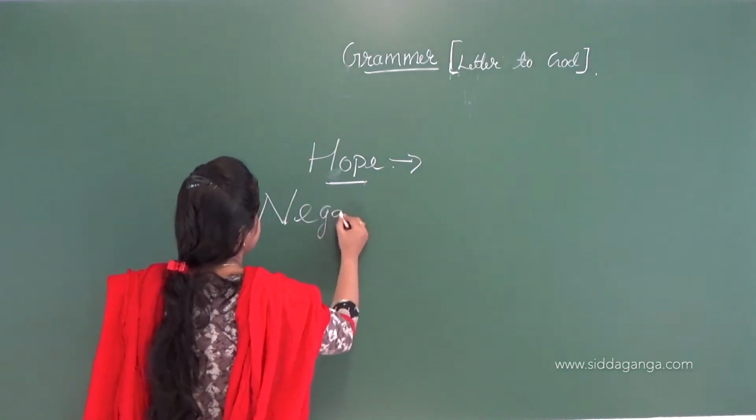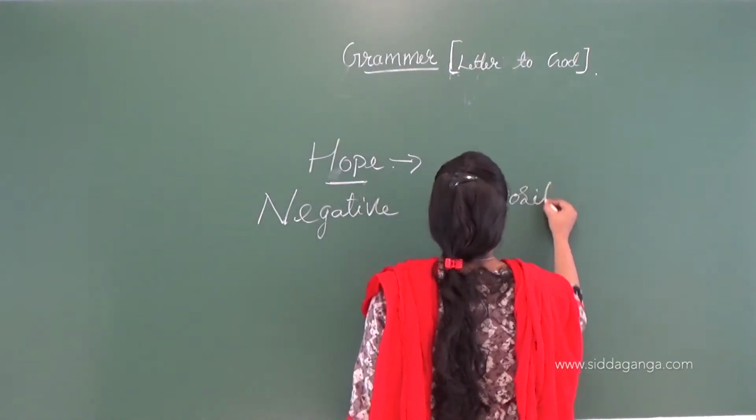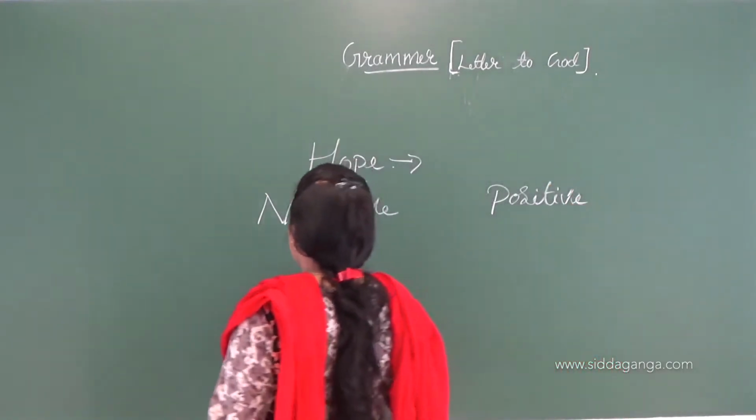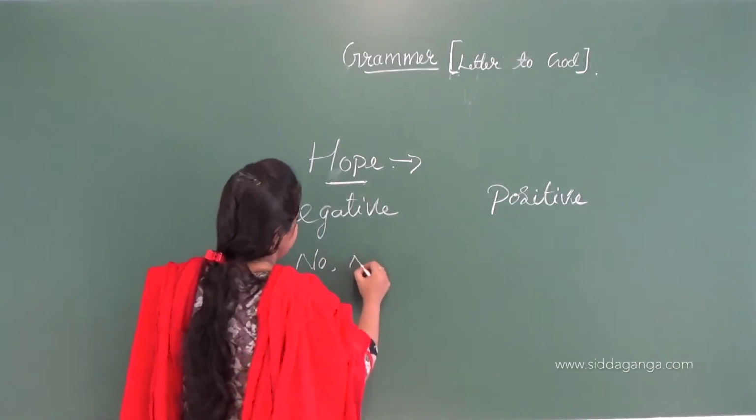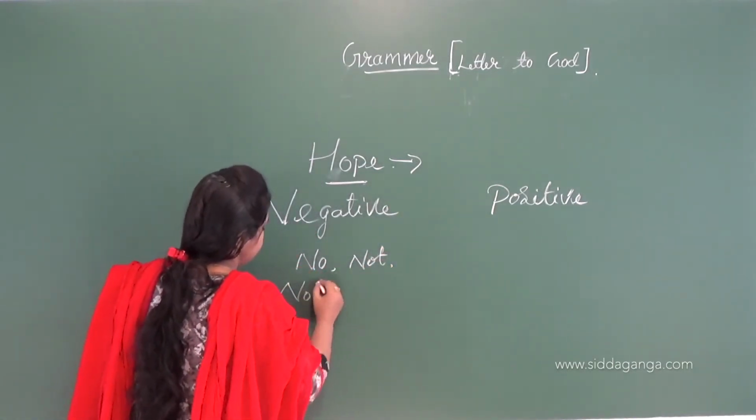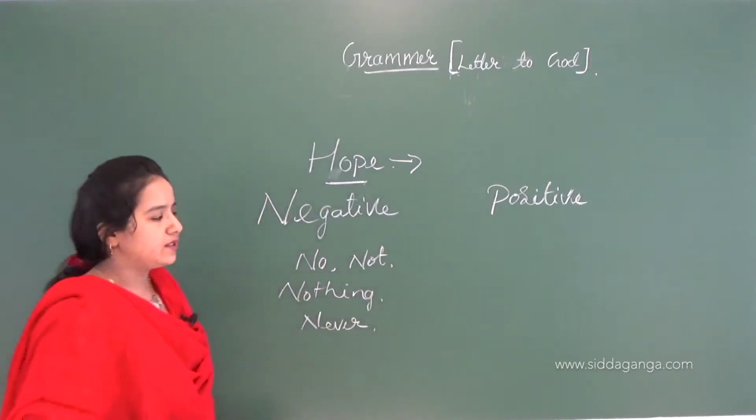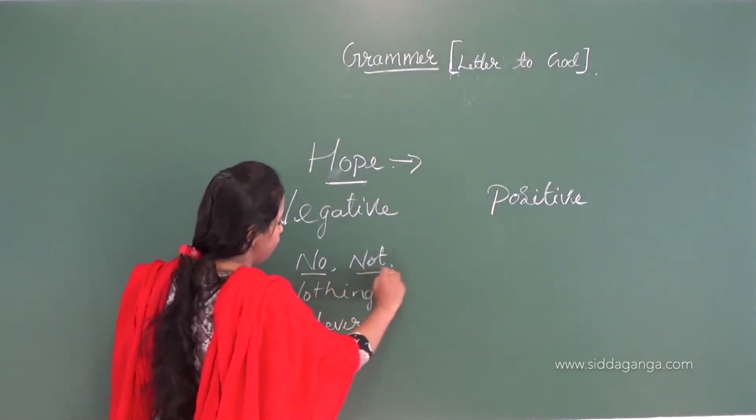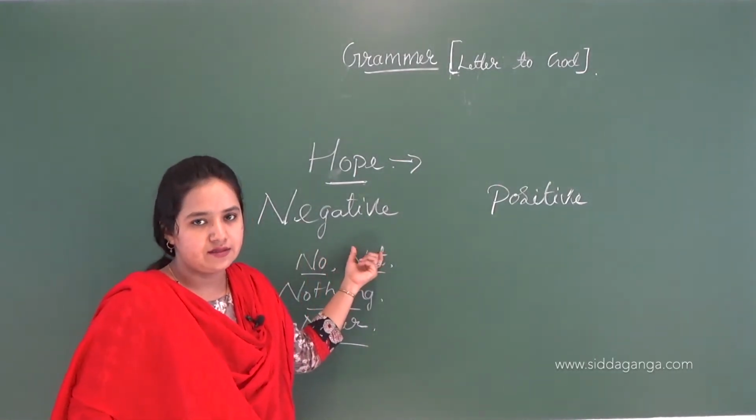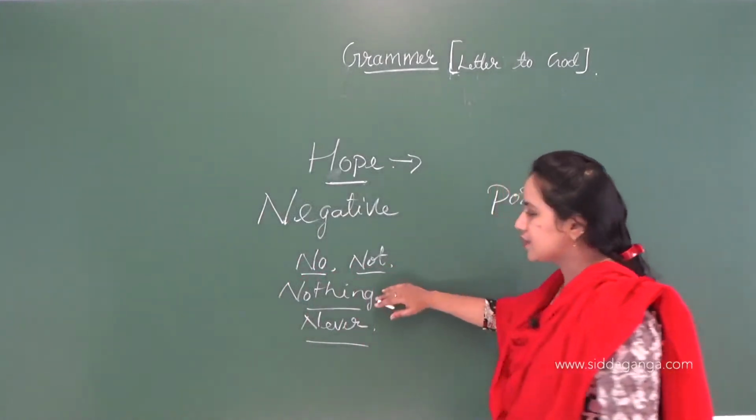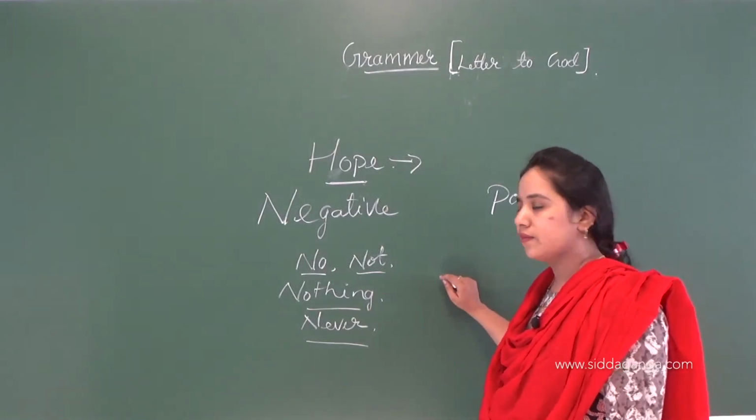What are negative words and what are positive words? Negative words are the words used for no, not, nothing, never. So when we use these words like no, not, nothing, never in a sentence, that sentence shows that it is a negative sentence. And in positive, if we are not using no, not, nothing, never, that sentence is called a positive sentence. For example,